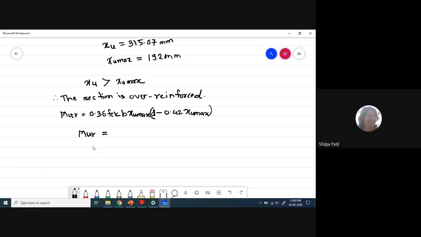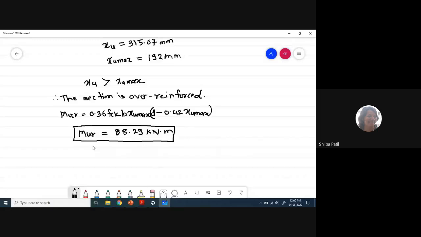Tell me now the MUR value. 88.29. Unit is important, guys. Kilonewton meter. Correct. Kilonewton meter. Okay, now if you observe the two MUR values, in the first case, there were two bars